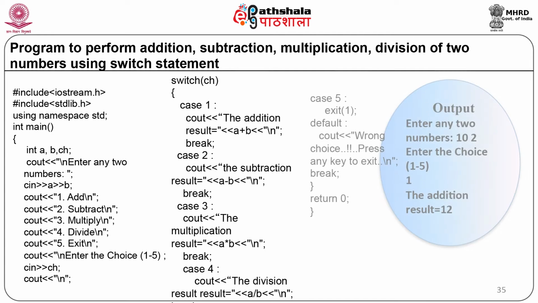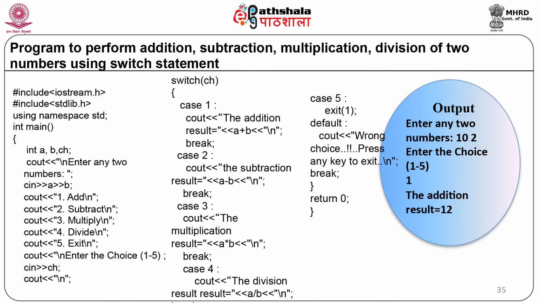And case 5, exit 1. Default, cout wrong choice, press any key to exit, break. Here we are ending with the switch statement, return 0 and the end of the main function. Now here as you can see, we have used the switch case statement. The case 5 is basically to come out of the program, and default, if the option is not between 1 to 5, it will go to the default value